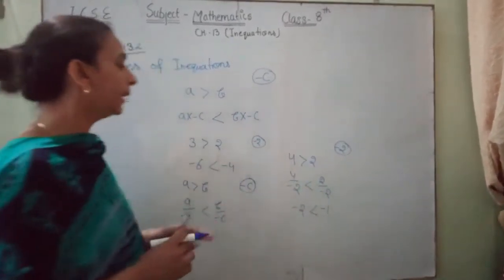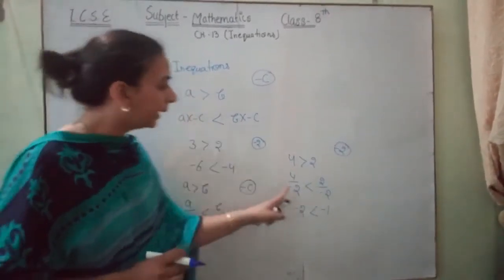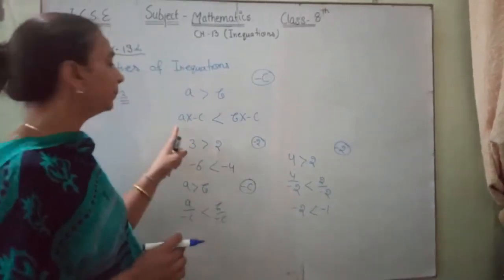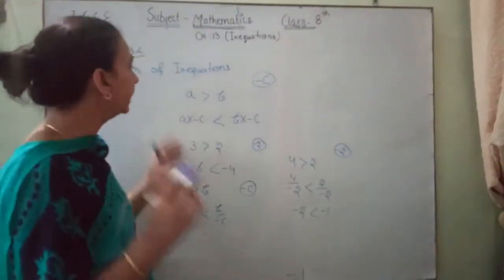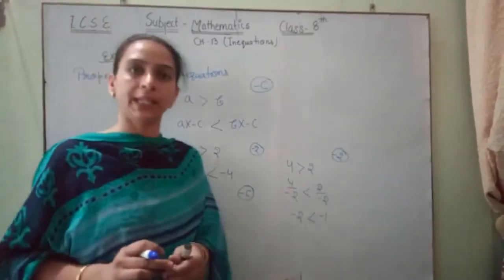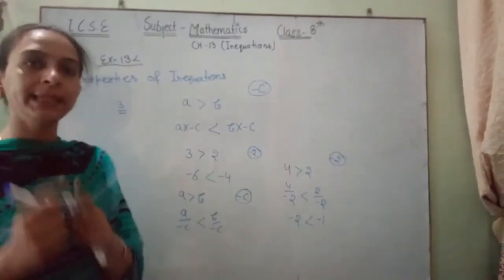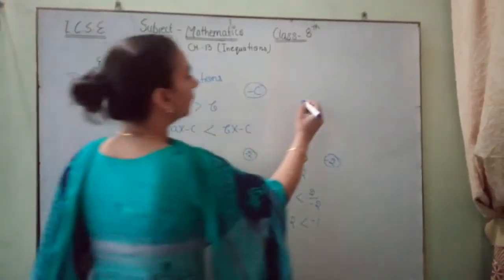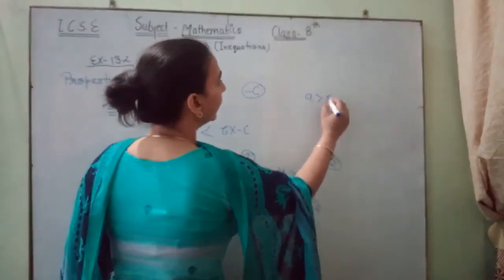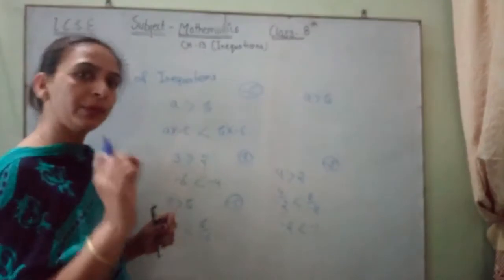So, if we divide or multiply both sides by a negative number, then the sign of the inequality changes. Okay, student? Next, we again have another rule: if a is greater than b, and we change the sign on both sides,